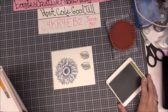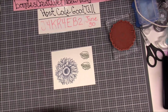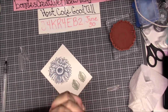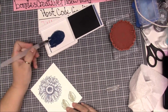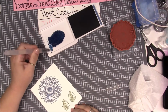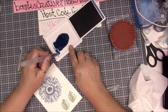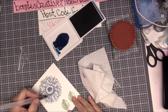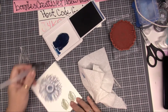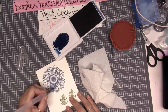It looks like they may have taken a watercolor blender maybe to get a little bit of ink on my palette. And then I'm just gonna get my brush going to get it wet a little and create a little bit of a watery wash. I'm going to dab off a little bit, so I don't want too much. And then I'm just going to color these leaves in. And I don't think they did it perfectly. It just looks like it's a very light